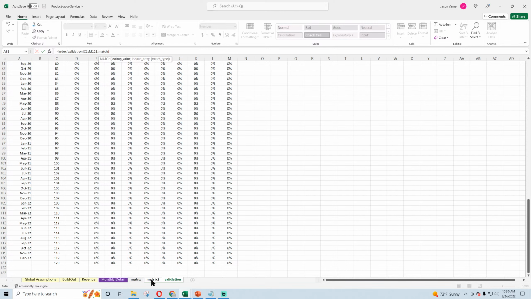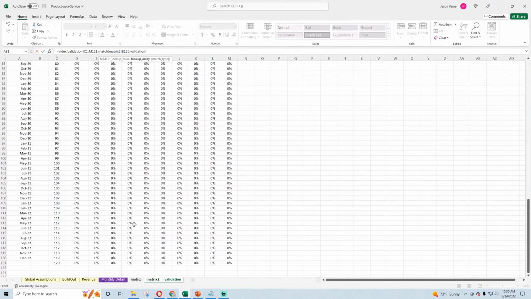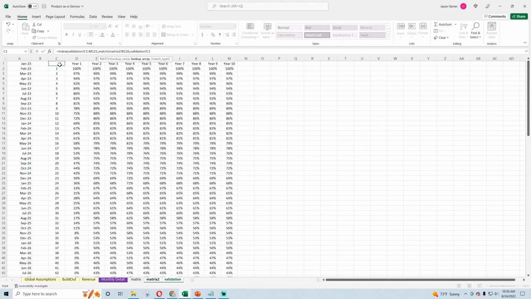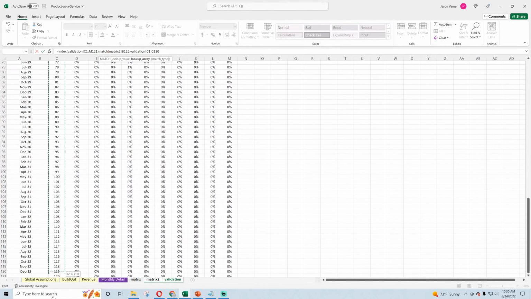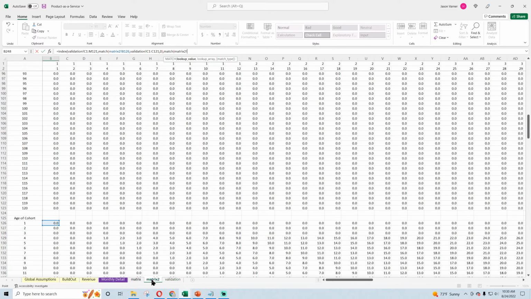So we want to match that with the age here. So there's the reference. Here's the target lookup array. That, and then for the column, I want to do another match formula, and I just want the year of, not the year of the age of the customer.